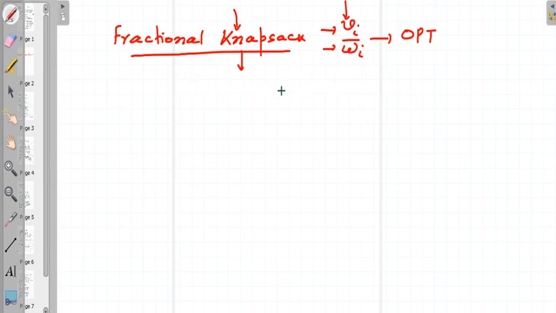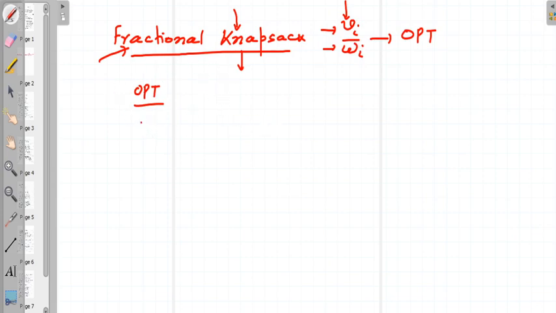It will fill the knapsack exactly as well, because we can take fractional amounts. And if we have to prove that going by the VI by WI ratio in descending order leads to the optimal solution,